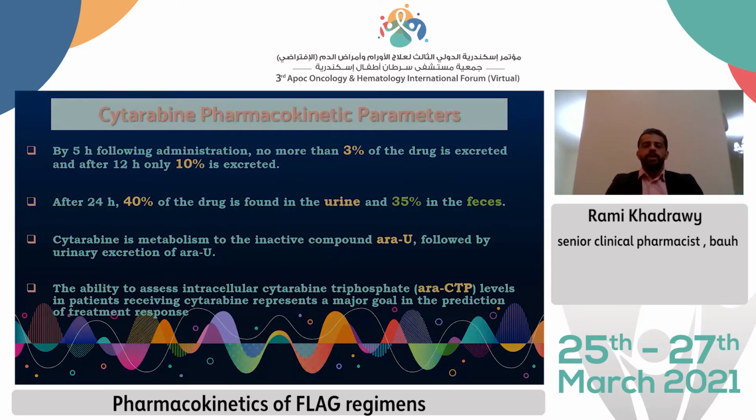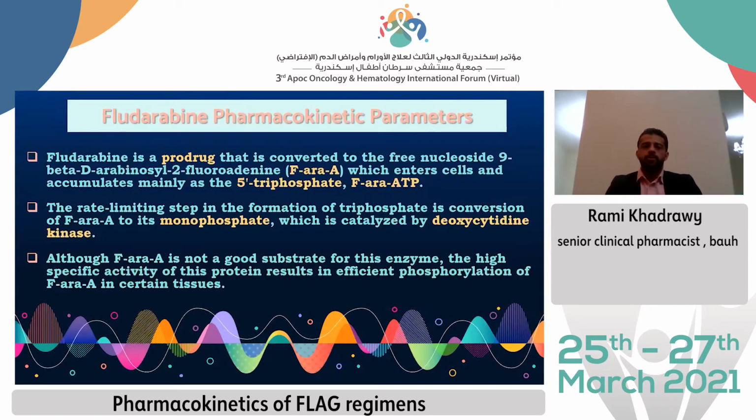Fludarabine is a prodrug that is converted to its active form F-ara-A, which is further phosphorylated to its F-ara-ATP form. The rate-limiting step for this conversion is the formation of the monophosphate form of F-ara-A, which is catalyzed by deoxycytidine kinase, the same enzyme used for the phosphorylation of